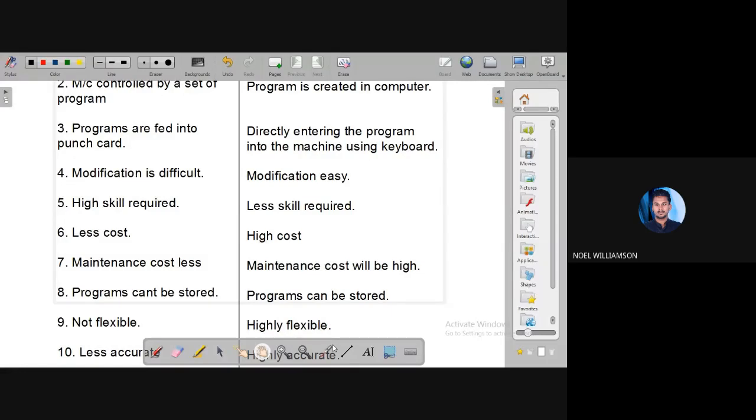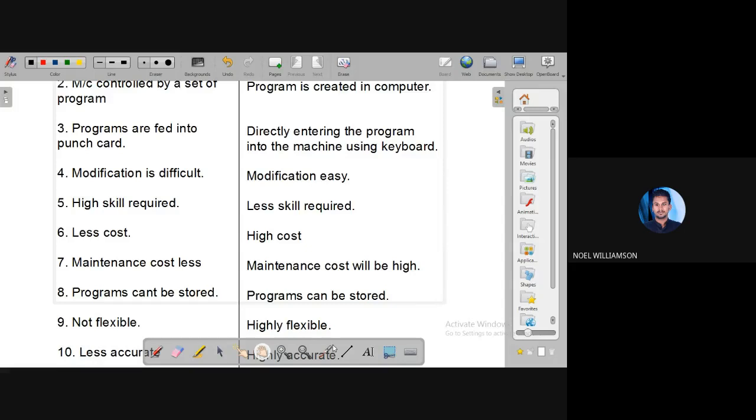And in the case of storing, the programs can be stored. Once created, they can be stored for a CNC machine. There is a database, you can save the programs in the database, while it cannot be stored in an NC machine. Now regarding the flexibility, the NC machine is not that flexible, but CNC is more flexible, very much flexible, in that the programs, anything can be changed.